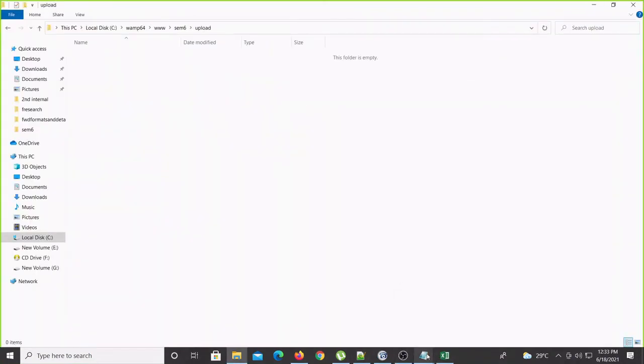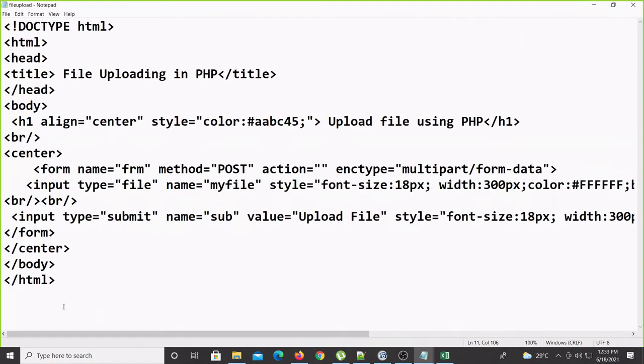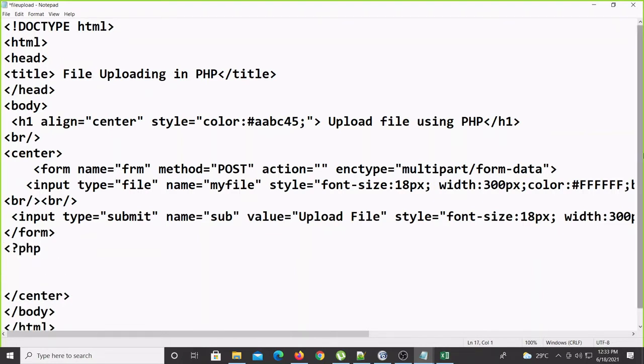So now what we can do here, we have to write the PHP tag. PHP tag you can write anywhere, I am writing here only. You start the PHP tag, this is the PHP tag close.